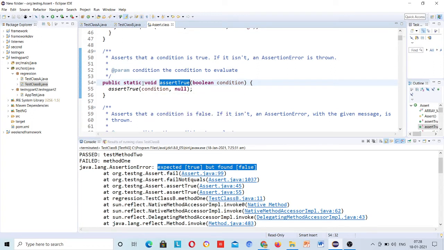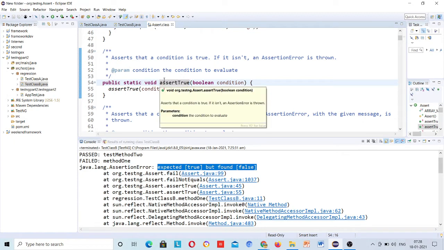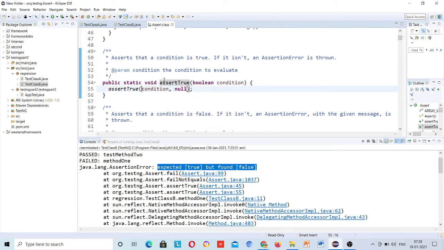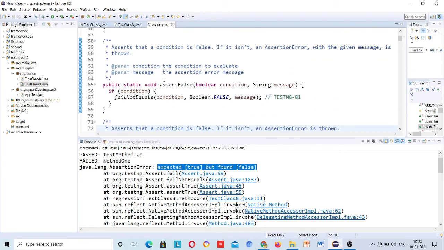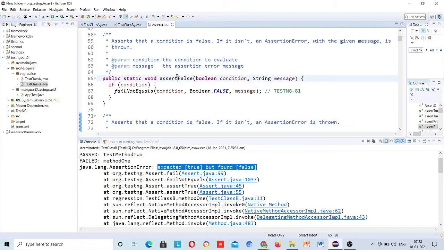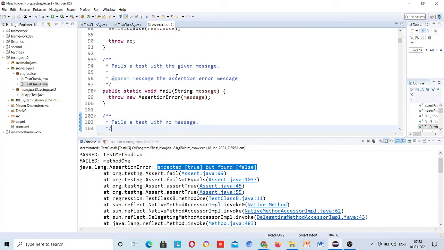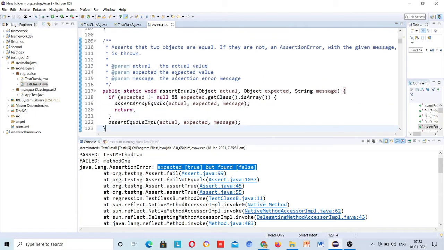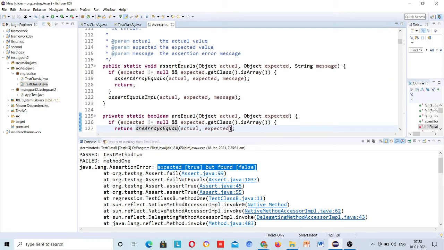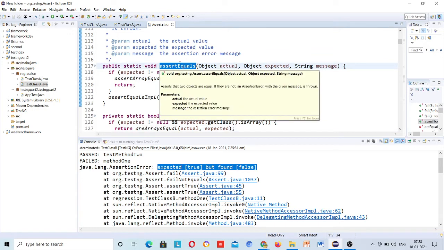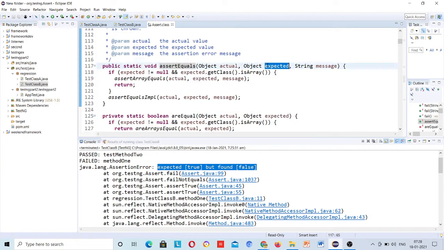Just like for other methods too, assertEquals will be static. AssertFalse is a method too. All the methods you are able to call directly, because they are static. With assertEquals, you will find three parameters, and you will find two parameters as well.